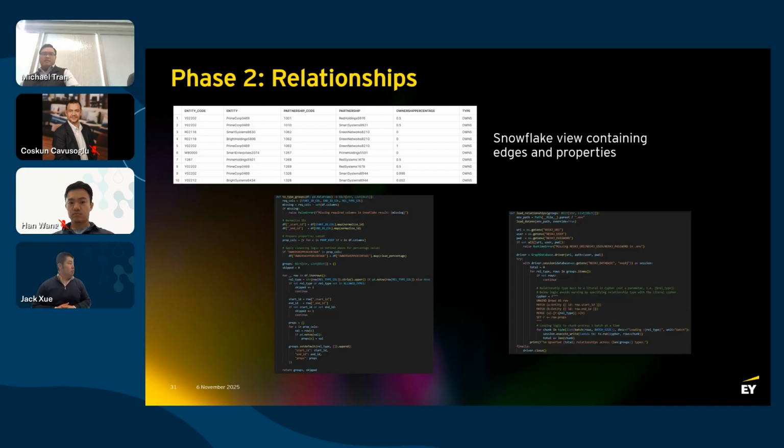And before Jack continues, this relationship phase of it is really important, right? Because the baseline relationship between legal entities, or even a fund and investors, is the owns relationship. This legal entity owns another legal entity, or this investor, being a partner within a fund, owns a piece of the fund. But one of the powerful things about the graph and the flexibility of it is you can add different kinds of relationships as well, right?